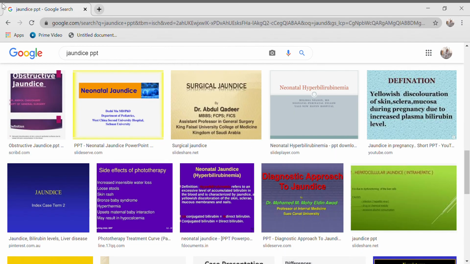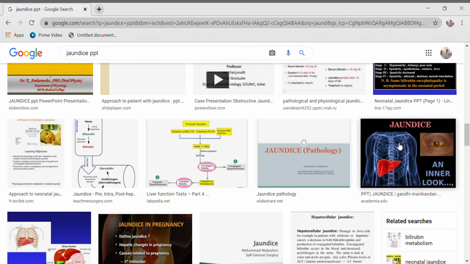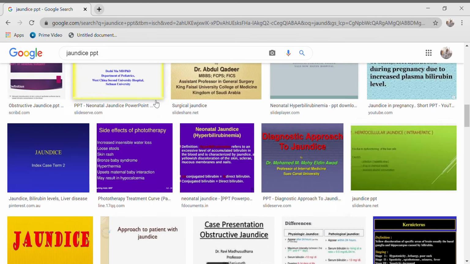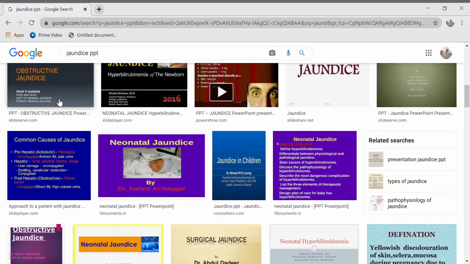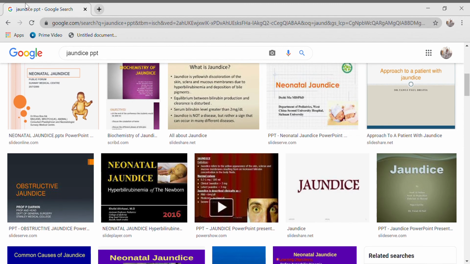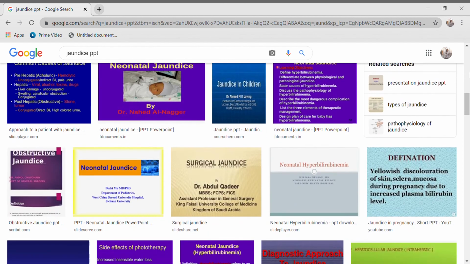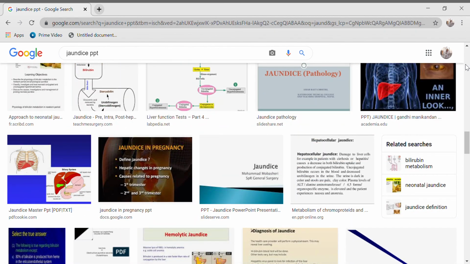Whereas the post-hepatic or obstructive jaundice is the surgical one, and that is due to bile duct obstruction. Intrahepatic can be congenital bile duct obstruction. Extrahepatic may be due to gallstones. Due to the formation of gallstones, the bile duct can be obstructed, or due to any carcinomas like tumors, the bile duct can be obstructed.